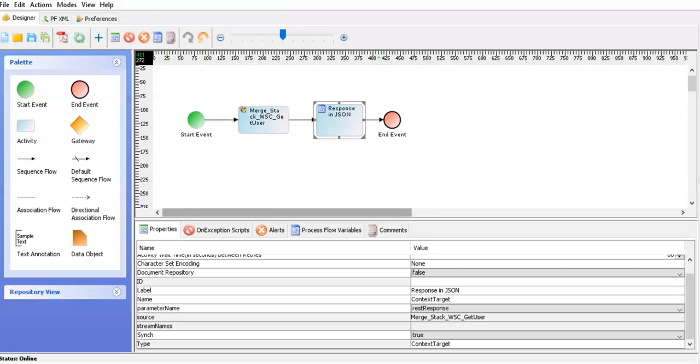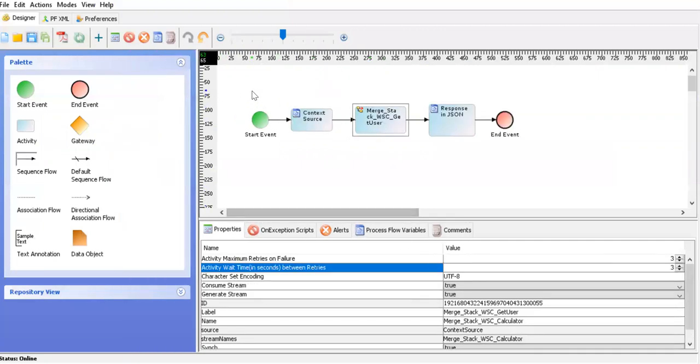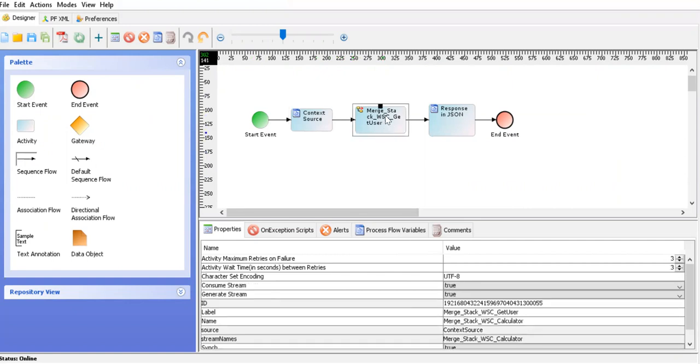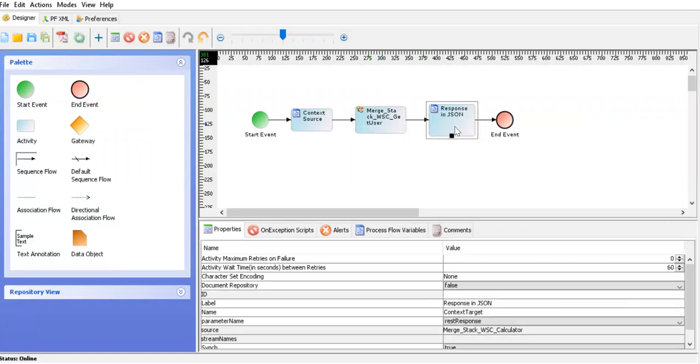We'll be getting the request from the client, our REST client, and that request I'm storing in the REST request variable, and then we pass that request to the consumer. This consumer is for the SOAP based web service, and this web service generates the result, that is the add method result, and I'm storing that result in the REST response variable.